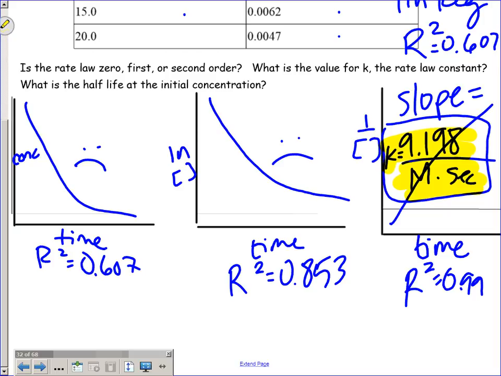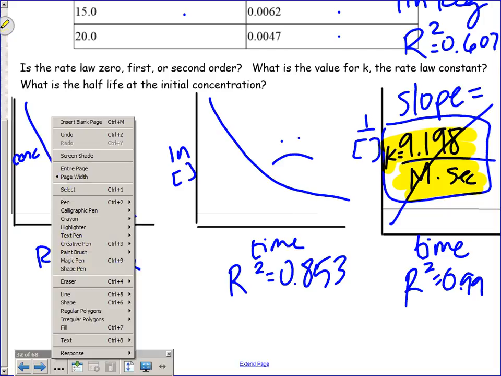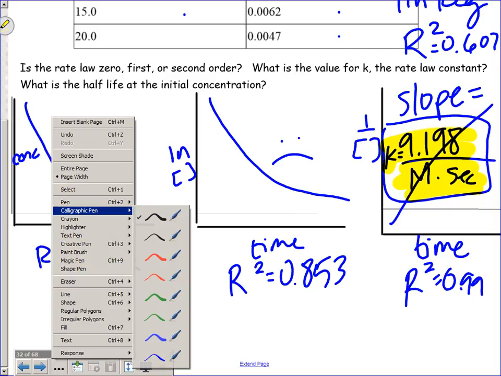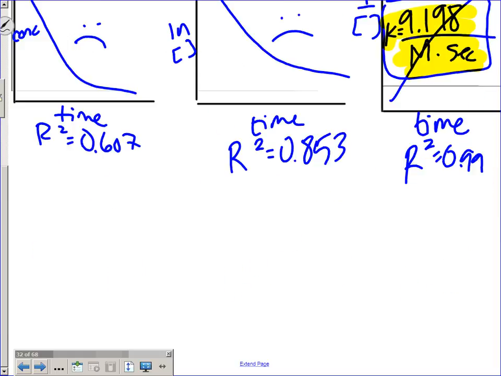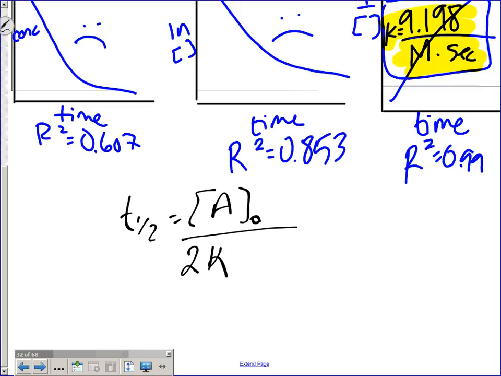according to the initial concentration? So think about second order, half-life, and what's the half-life equation for second order? Initial concentration over 2K? That's zero order. Sorry, we're doing second order. So 1,